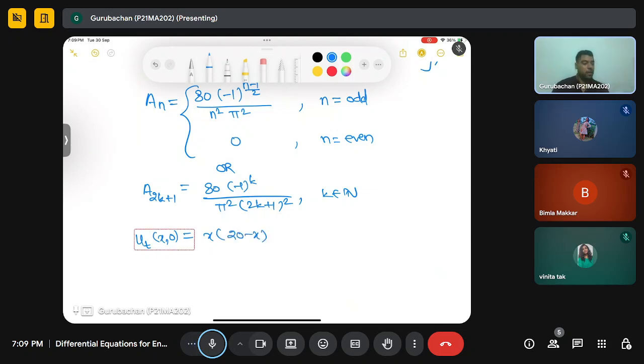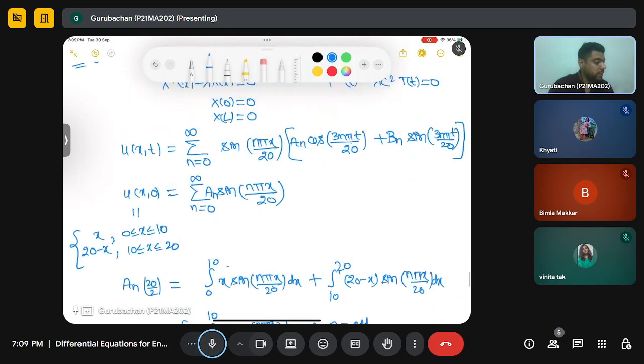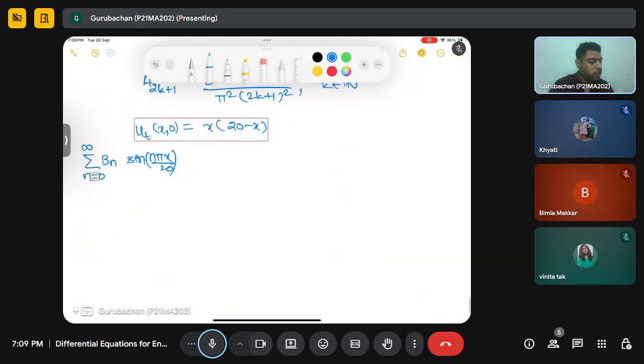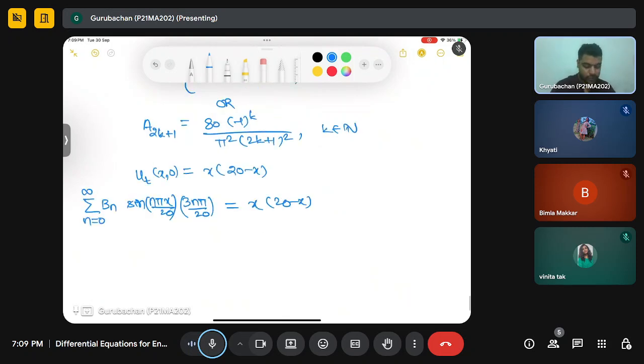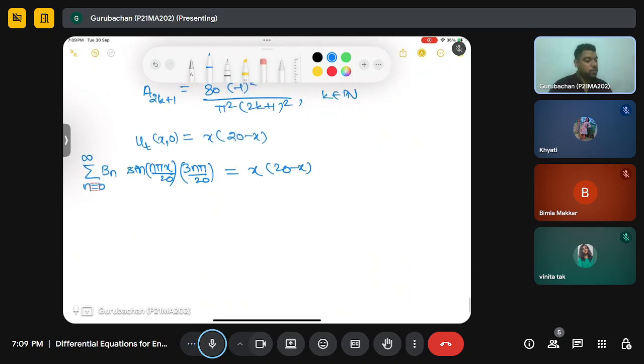Again, when you differentiate with respect to t and put t equal to 0, you will get the series, n from 0 to infinity, bn sine n pi x by 20, and here n pi c by 20, that is 3n pi by 20, is equal to x(20 minus x). This will be your value. So from here,